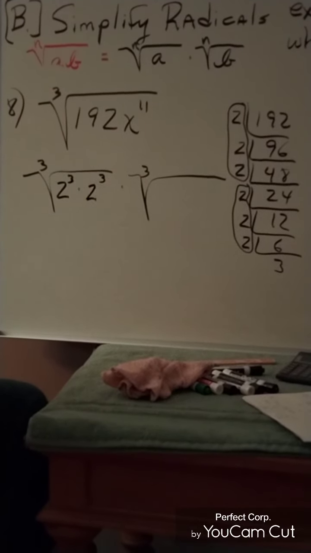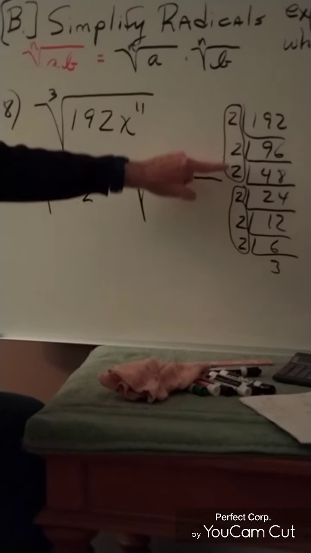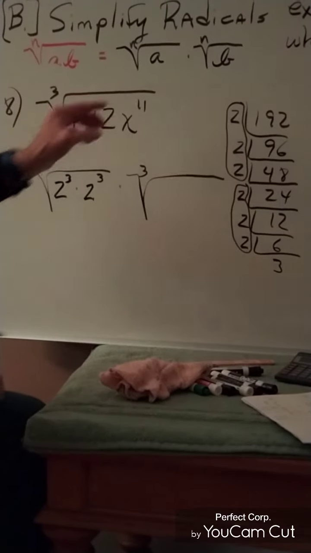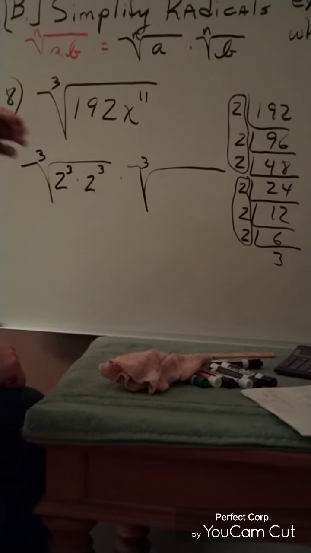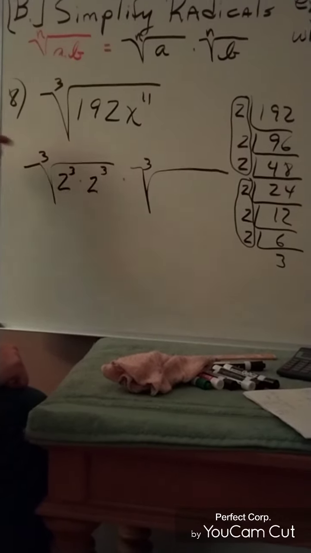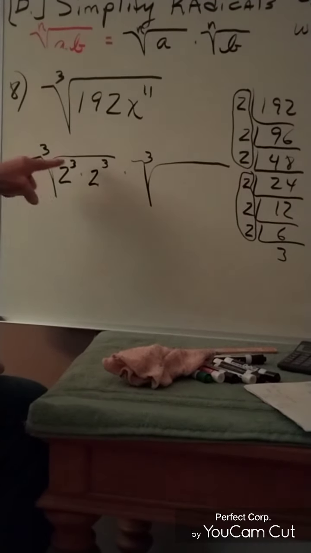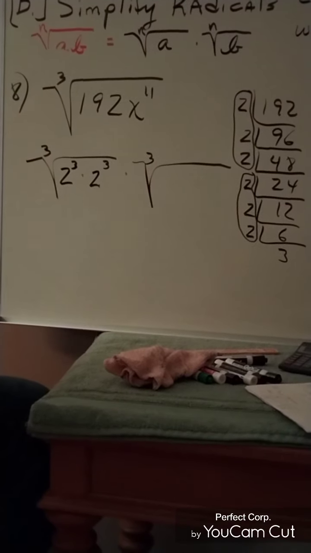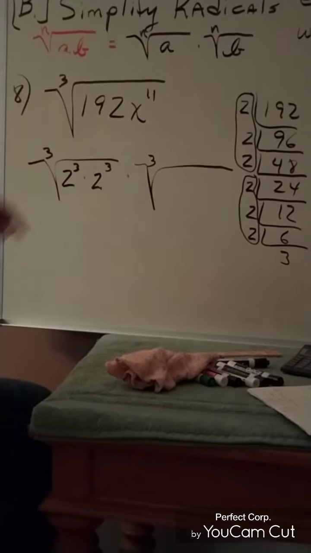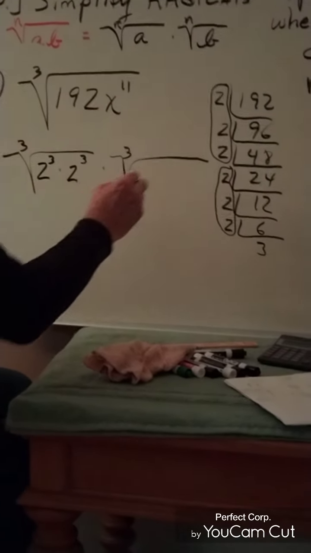Or if you choose, you could total up all of the factors of 2 that you have, and you're still going to get an exponent that represents a perfect cube, because you're going to have a 2 to the 6th, and the exponent of 6 is evenly divisible by 3. You can leave it this way. There's no problem. The leftover 3,